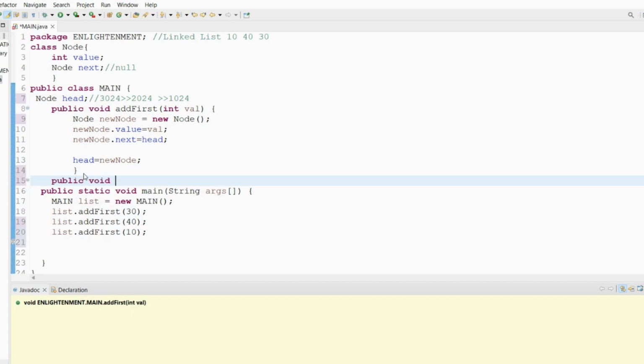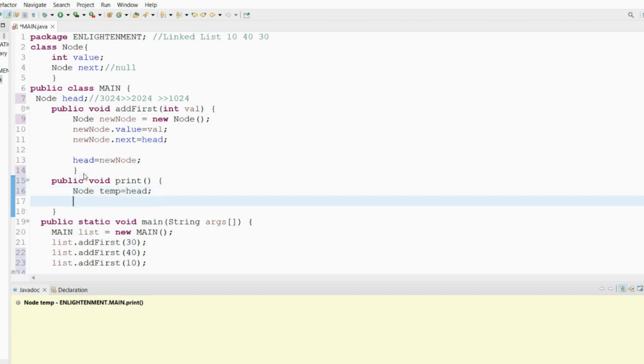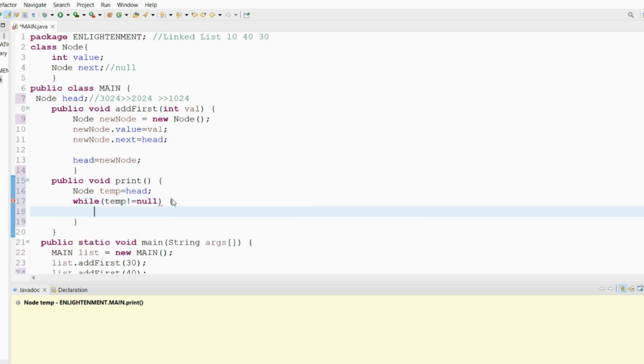We already discussed how to print. We will simply take first the temp, so that the chain will not disturb head. So head is now 3024. Now while temp is not equals to null, we will do